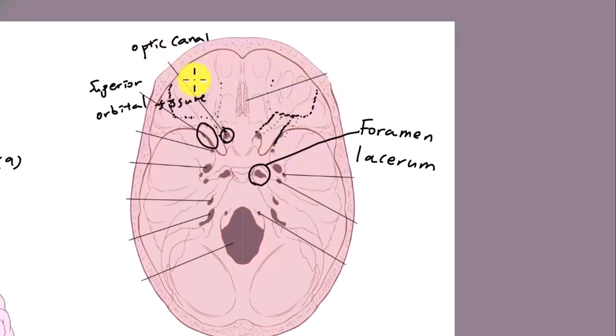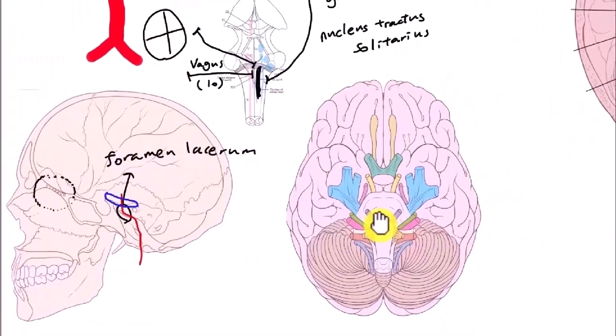Through this optic canal, the optic nerve and ophthalmic artery pass. So going back, once the internal carotid artery comes out of the cavernous sinus, it enters the optic canal. On the way, the ophthalmic artery